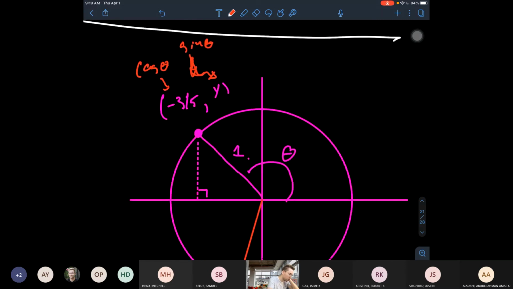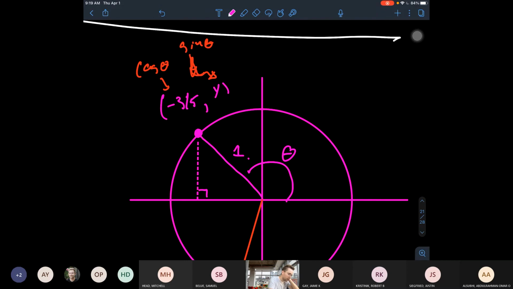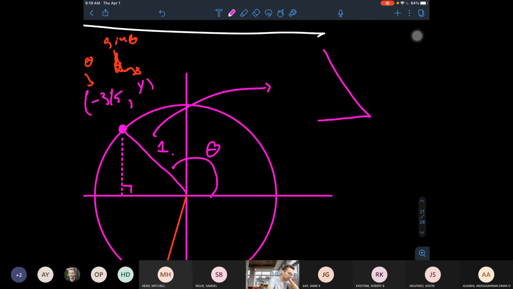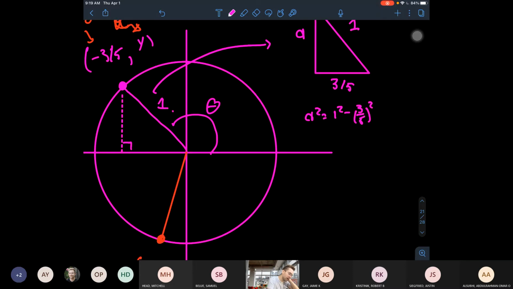So in particular, we need to know what is the y value of this point on the unit circle. So I'm going to take this triangle out and solve it using the Pythagorean theorem. If I have a triangle which looks like this, and I know that this side length is 3/5, and I know that this side length is 1 because it's a radius on the unit circle, I can figure out what this side length is using the formula a squared is going to be equal to 1 squared minus 3/5 squared. So I get a squared is equal to